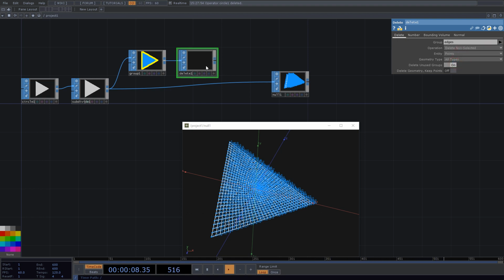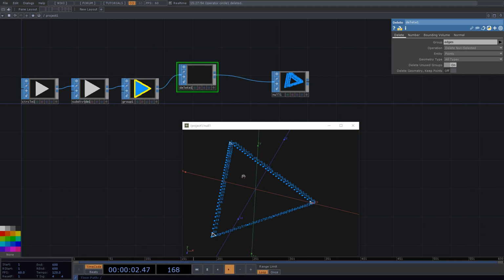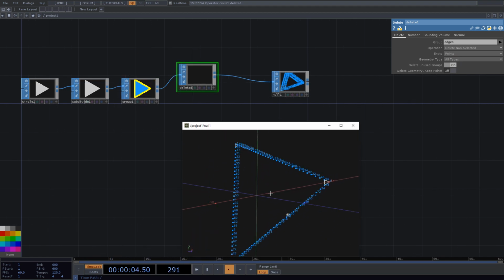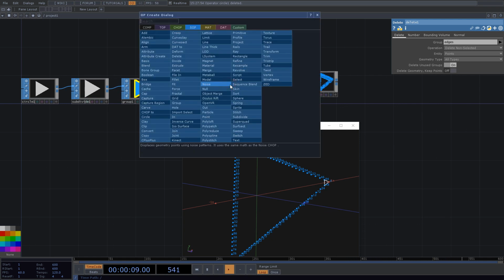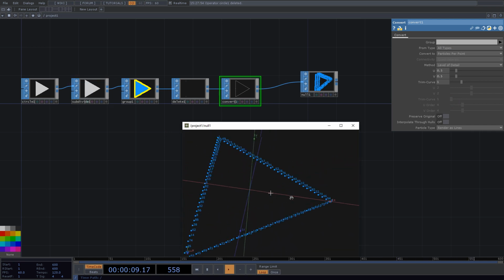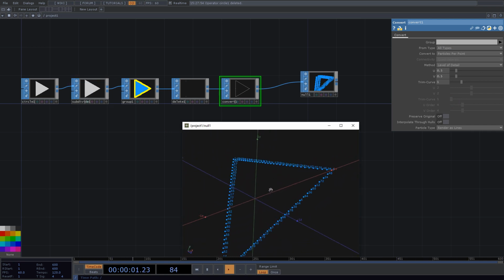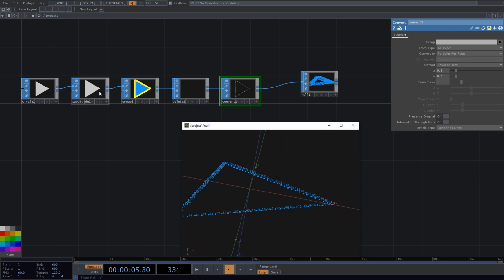points. Okay, now we have those nasty little corners here, you see, and we can get rid of them by using convert SOP and choose points. And now we have nice points, but very bad order, and there